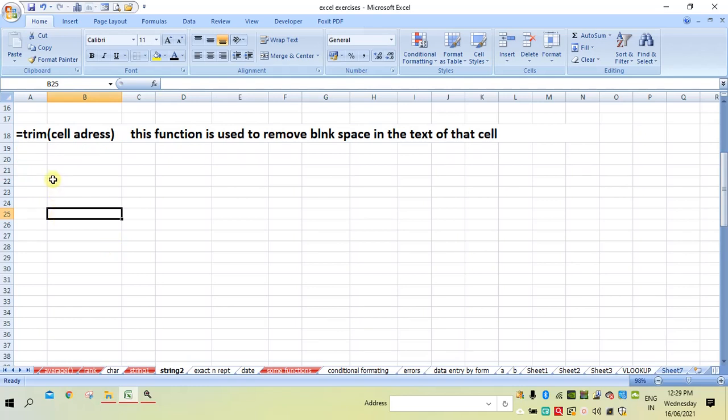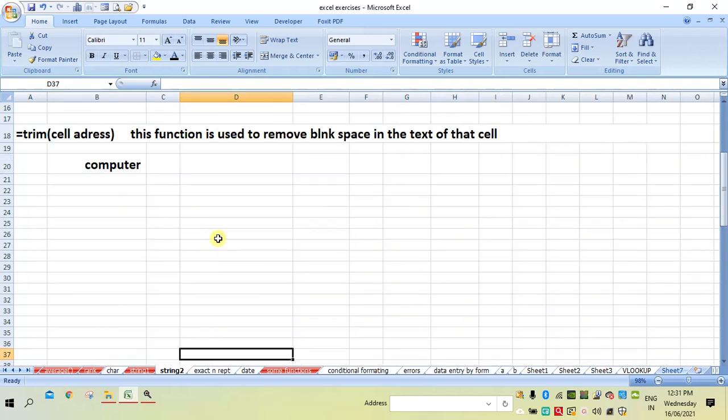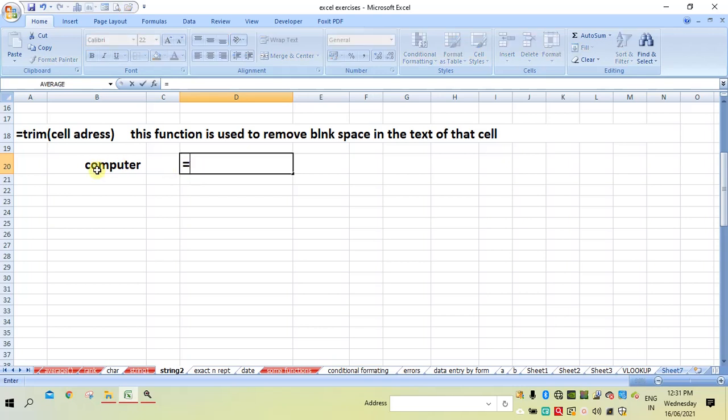The trim function is used to eliminate or remove the blank space present in the cells. Let me explain with an example. Suppose I take this computer as a text in this cell, it is taken as it is, with the blank space. You can see here, before computer there is a blank space. If I take the same content of this cell into this cell, we have the same blank space.